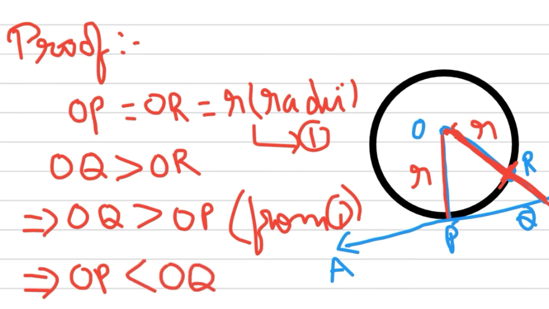So here what did I get? See, the line OP is less than OQ. If I take any other line, let it be OX or OY, any point you take on the line AB, and if you draw a line, what you will observe? You will observe that the length of OP will be less when compared to the line joining any other point on AB. Isn't it? So from this what can I conclude?